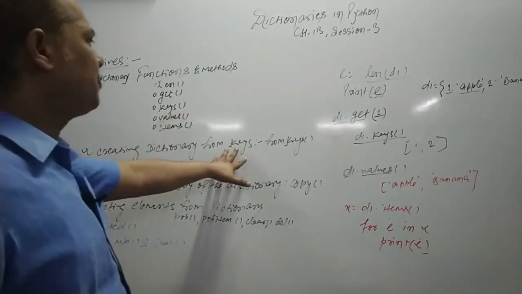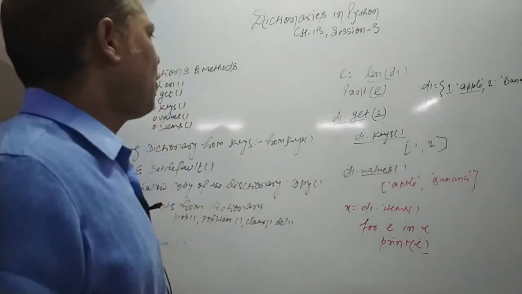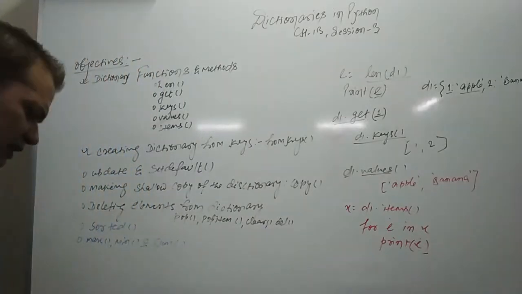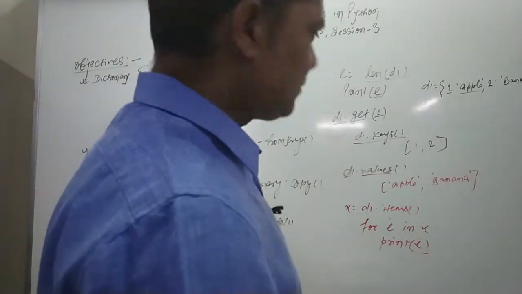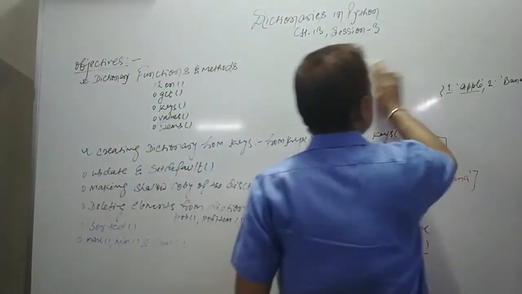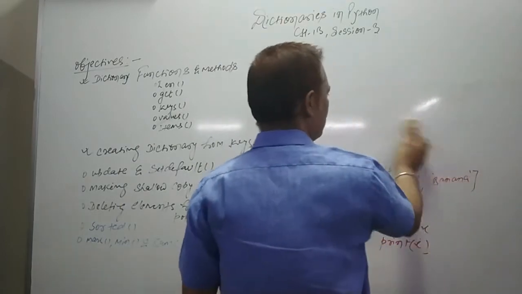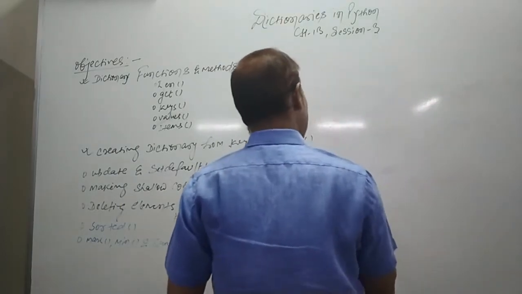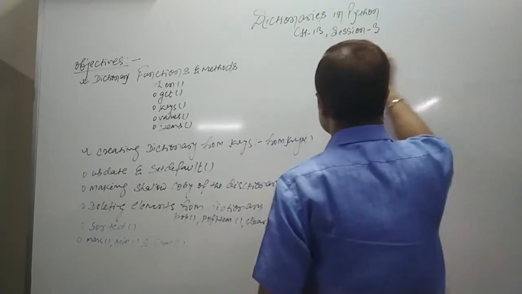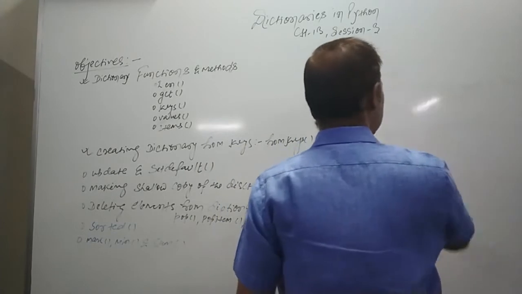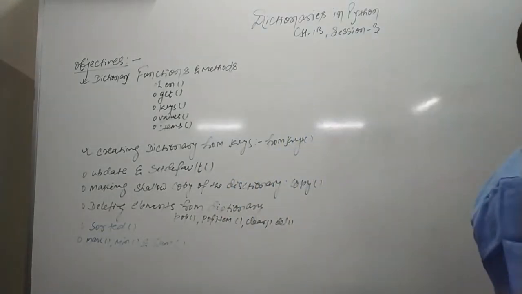Now, creating a dictionary from keys. There is a method, fromkeys. The fromkeys method basically helps us to create a dictionary. You must have seen how to create a dictionary in different ways, like either a blank dictionary or a dictionary with the help of the dict method. Then you also have seen how to pass a value with the dict function to initialize the dictionary. You can also directly create a dictionary and initialize the values. Now the next method is how to create a dictionary by the fromkeys method. We are going to see that.